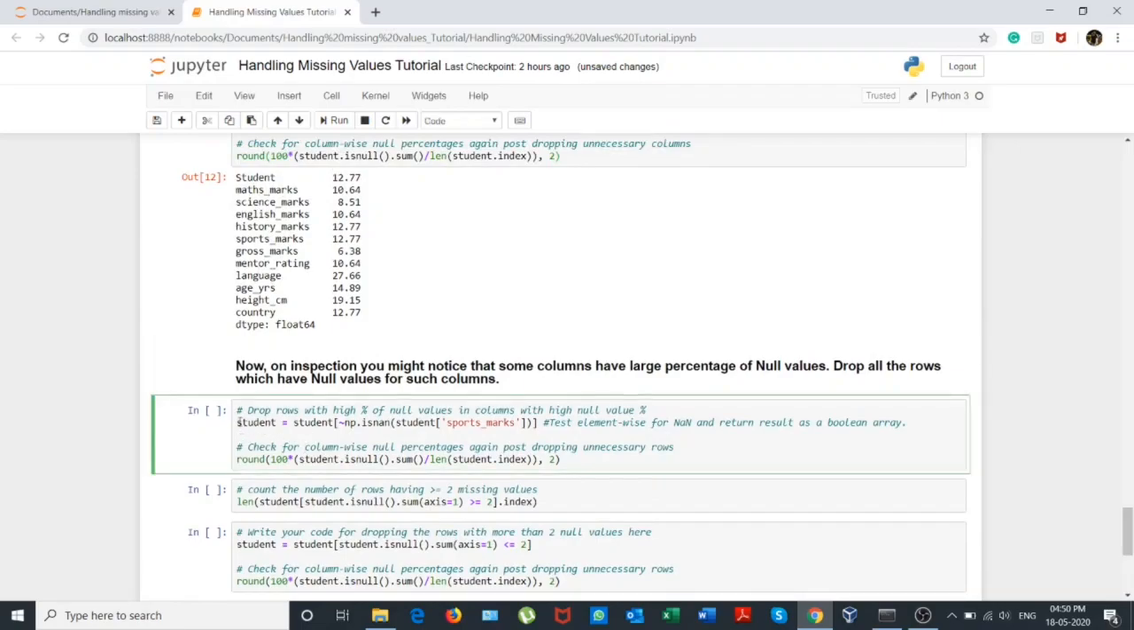And to elaborate this more, I will see that sports marks column, which is here, is also on a higher side, which has high null values, but I cannot drop the whole column because it is important to me. So what I can do, I can drop the rows which are null in this column. So only those rows will be dropped which have null values in sports marks column, and to do that I will use